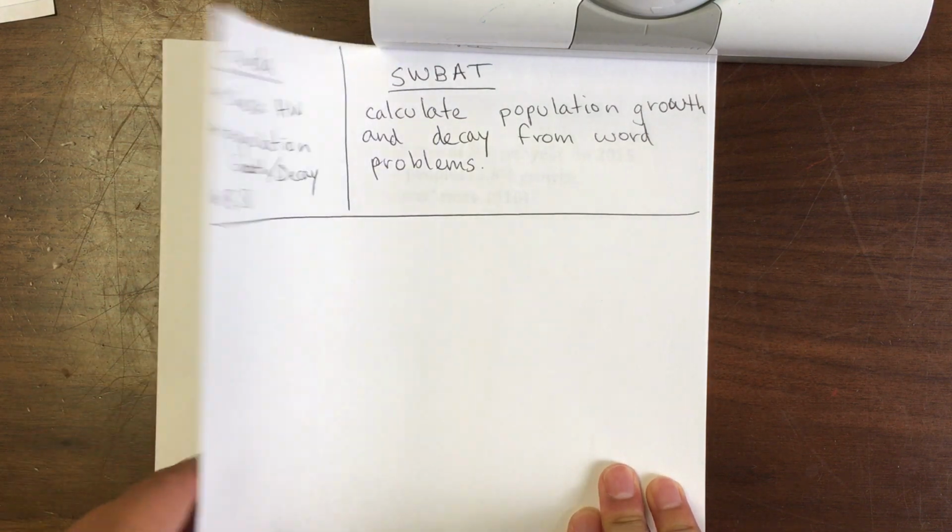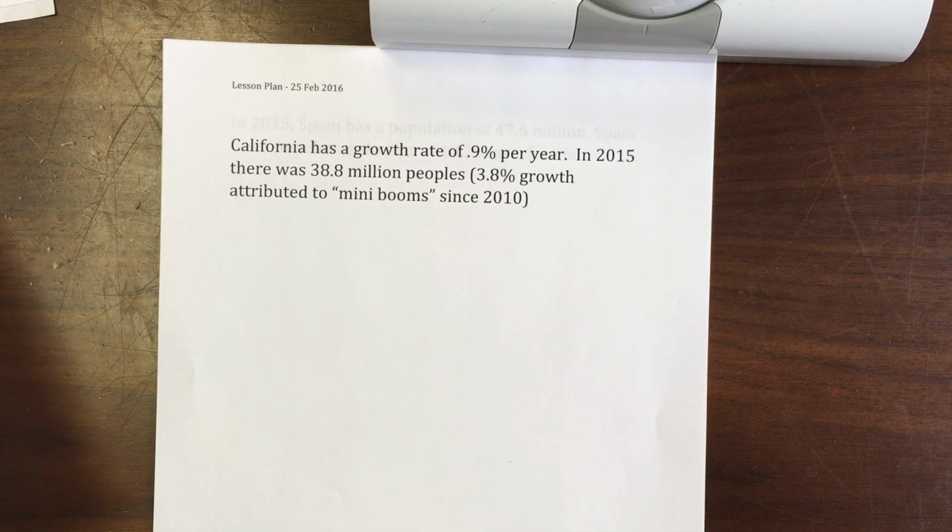So let's start with one problem. It says California has a growth rate of 0.9% per year. In 2015, there was 38.8 million people, 3.8% growth attributed to mini boom since 2010. Okay, so